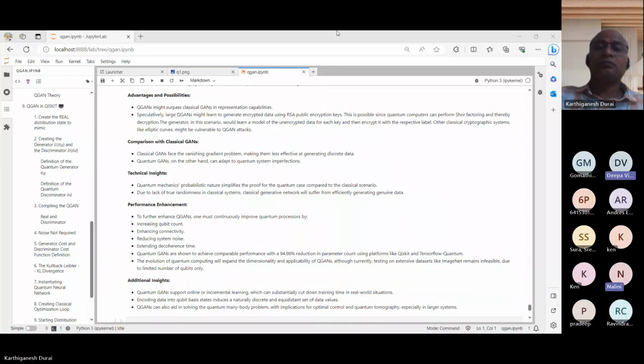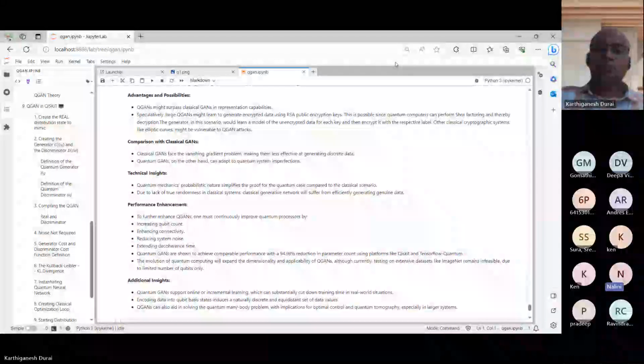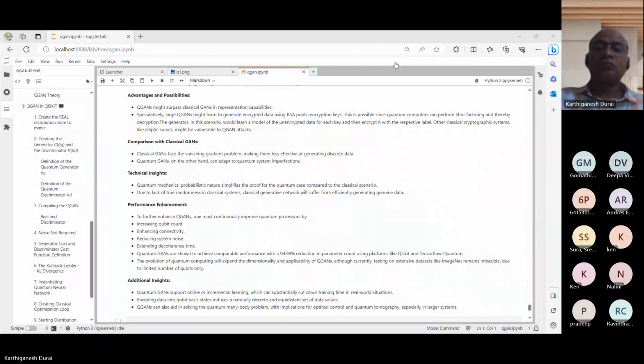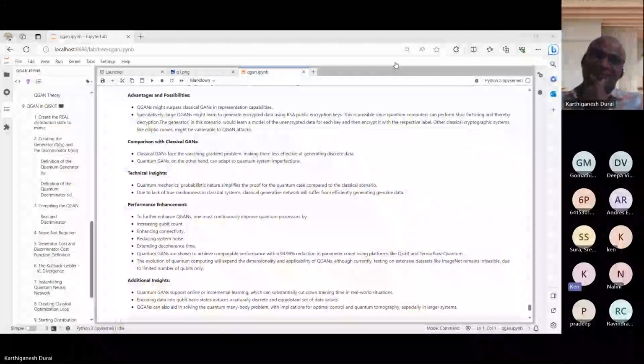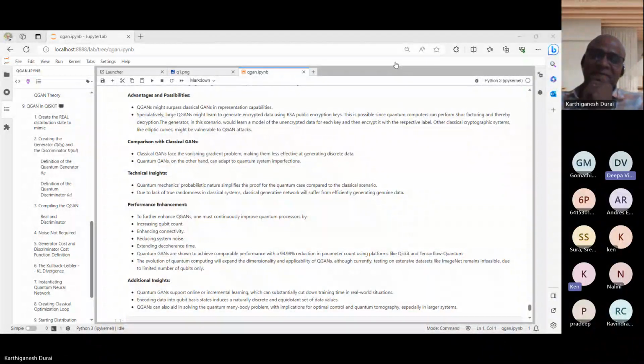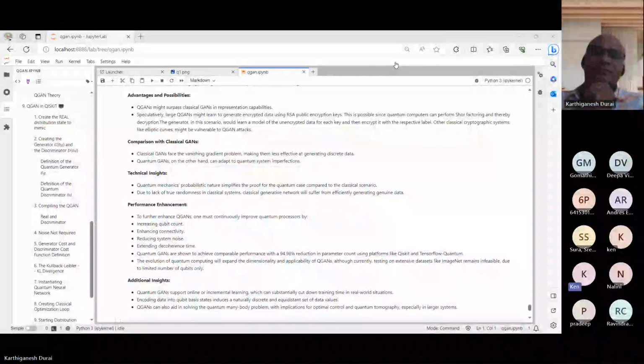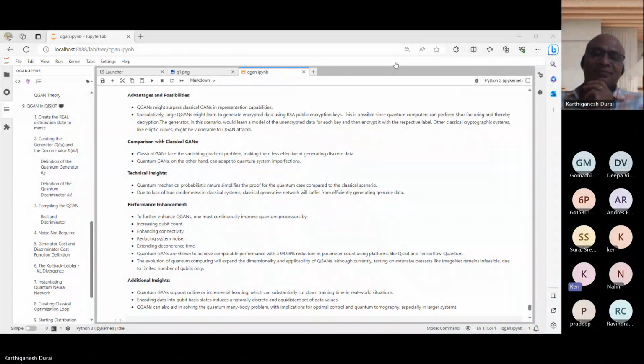And I have one more question for qGAN, meaning quantum GAN. Which SDK is best, Qiskit or PennyLane? Okay, because I've worked on Qiskit so much, I'm pretty familiar with the API, so I choose to go with Qiskit. But that's just a matter of preference. PennyLane does do a few things better, but I like to work with